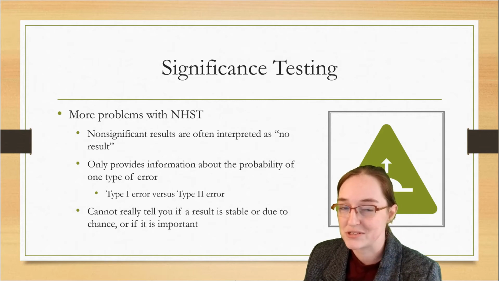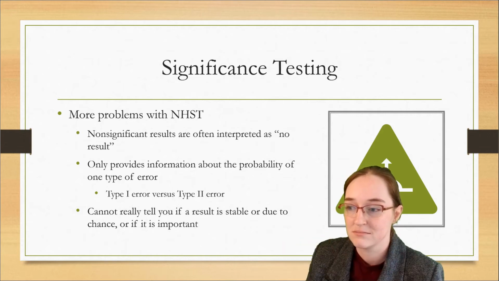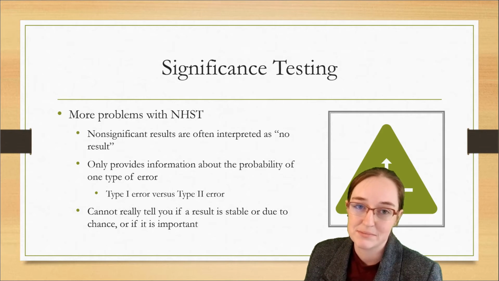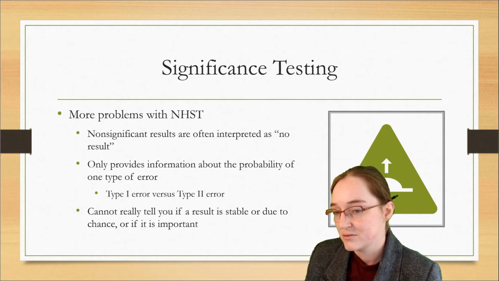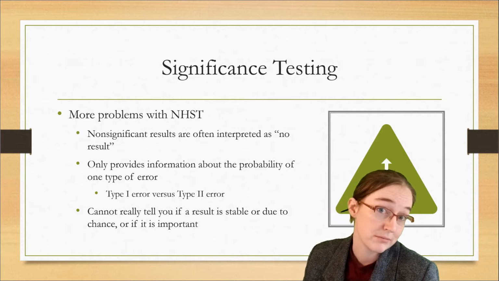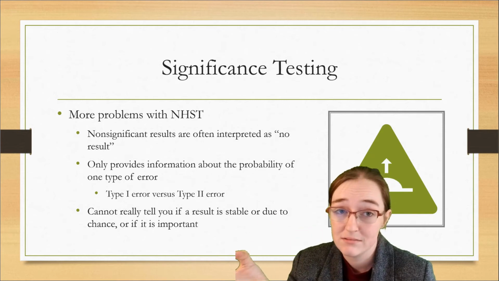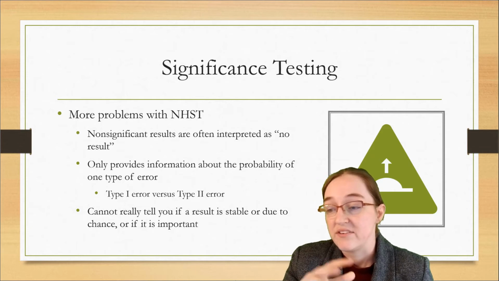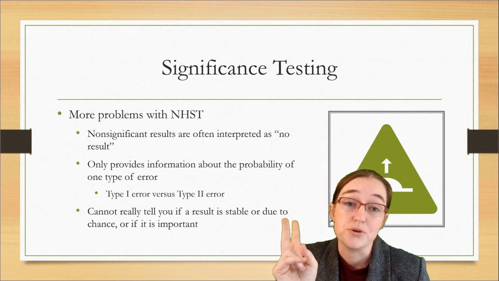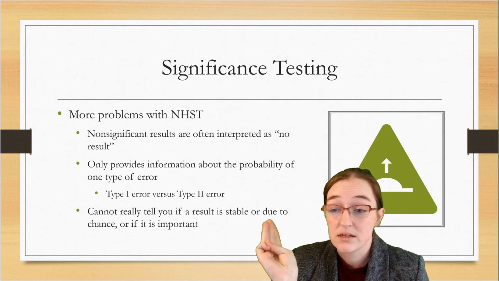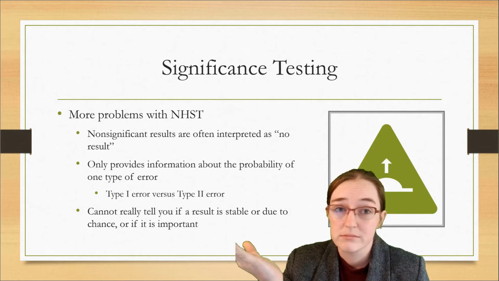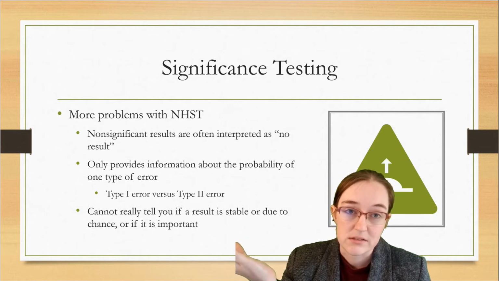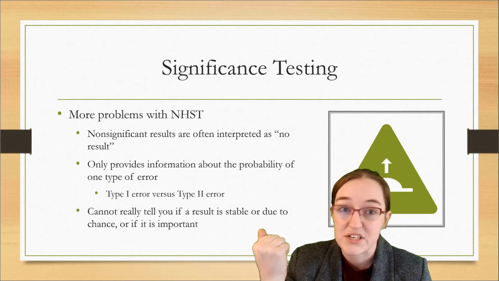So it's almost suspicious how we find so many significant results, more than we should from a power standpoint. It's hard to tell because there's no magical built-in number the way a p-value tells you if your result is stable or due to chance. And even if it's significant, it could be just not important, like height and intelligence. Sorry, I read a couple papers on it really recently, so that's my shtick right now.